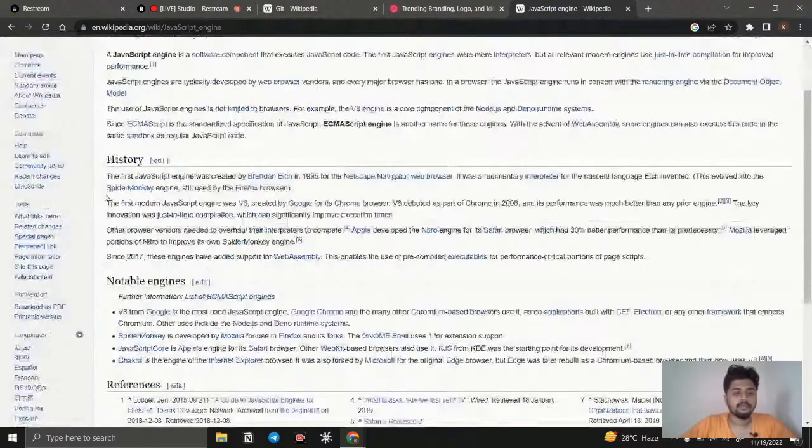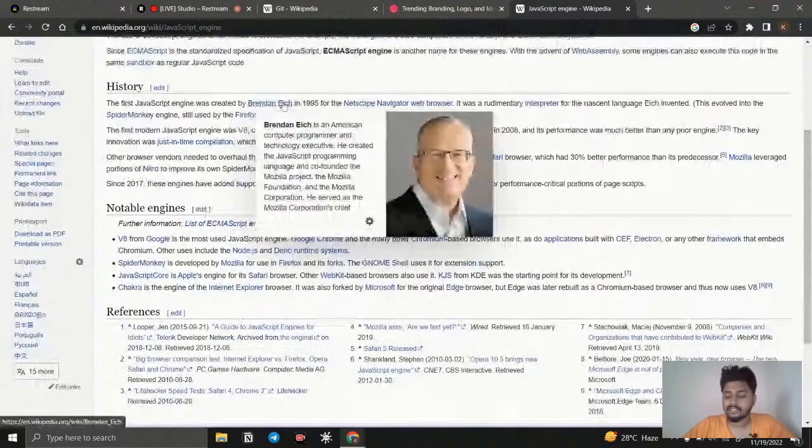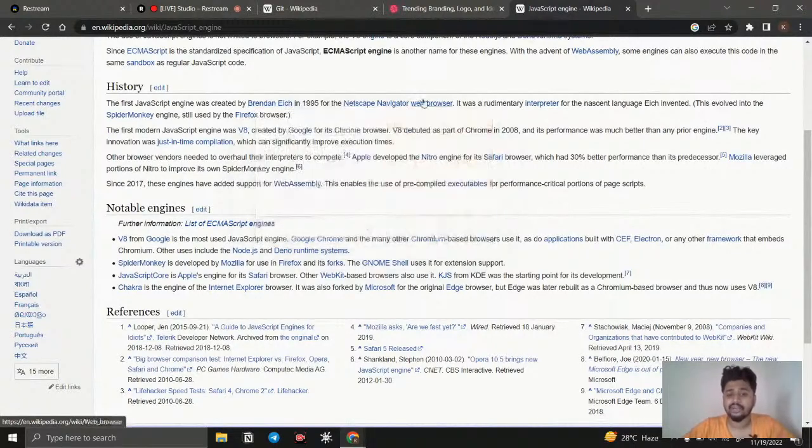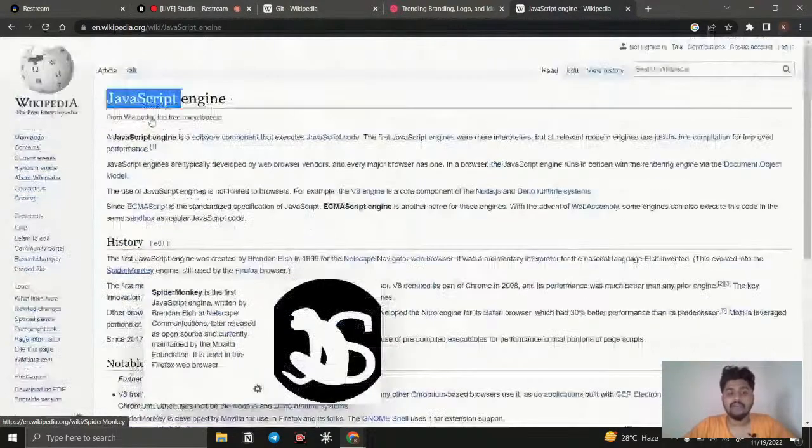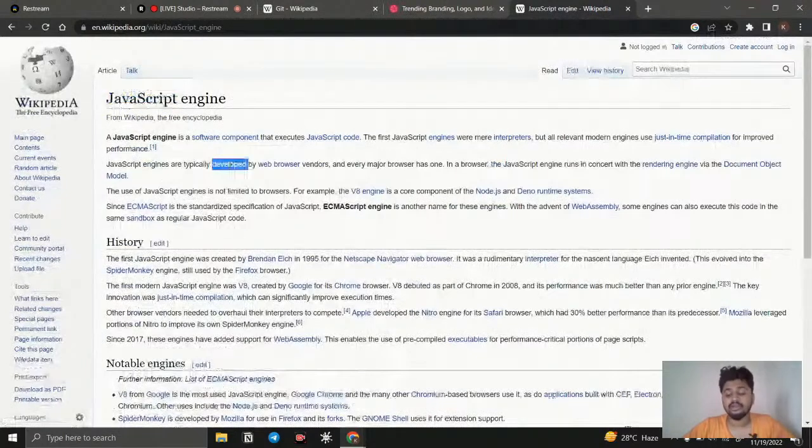Fine. So Brendan Eich created JavaScript and also the JavaScript engine, because he needed to run that website. He created an engine for the Netscape web browser, and he named it SpiderMonkey. That is the engine that is used for Firefox right now. Okay, so right now there is another problem. Just think about that. I have a JavaScript engine.